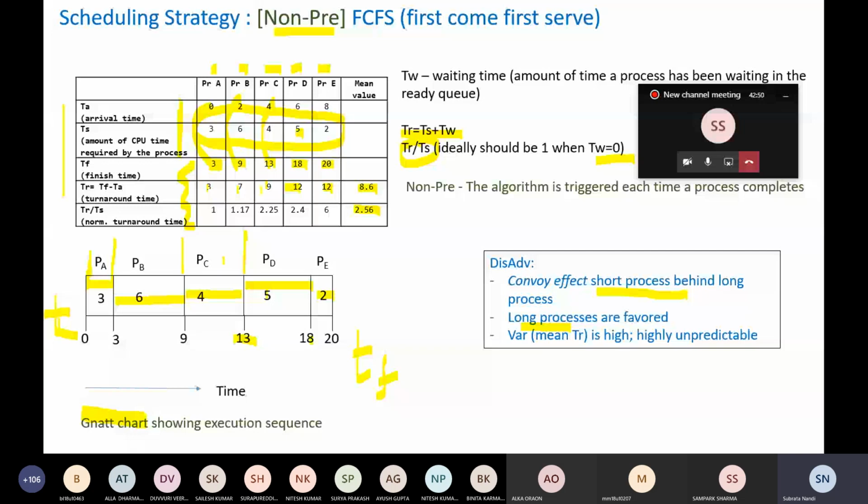Some processes have a turnaround time close to the mean, and for some processes the turnaround time is far beyond that mean value. So this is not good. For few of the processes it is predictable, and for many of the other processes it is unpredictable. This is not good from the user's perspective. The user will not feel good working in such a system using the FCFS strategy. So although the strategy is very simple enough, there is no